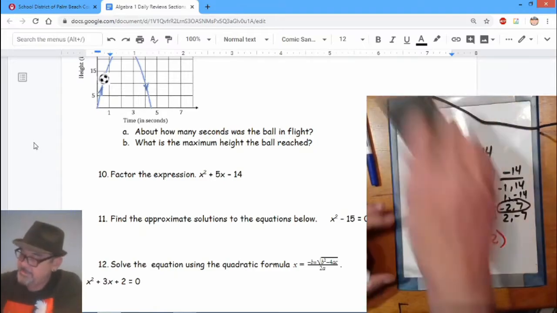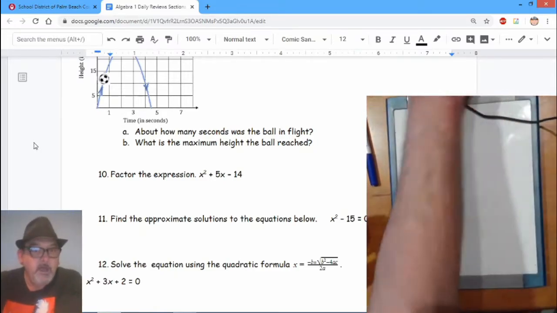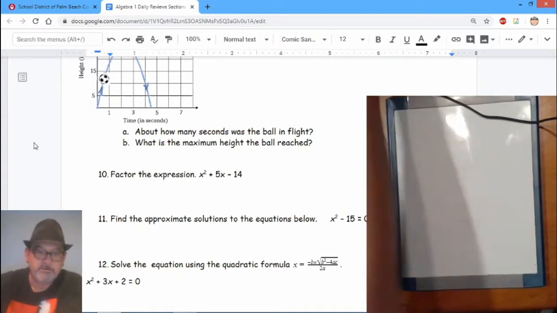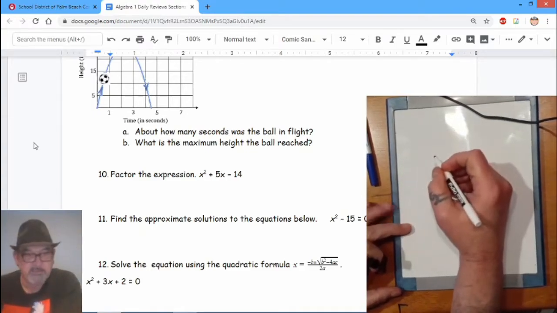Throwback to the past. 11, I told you could skip. 12. Oh, yeah, quadratic formula. These are actually so easy, guys. So remember the